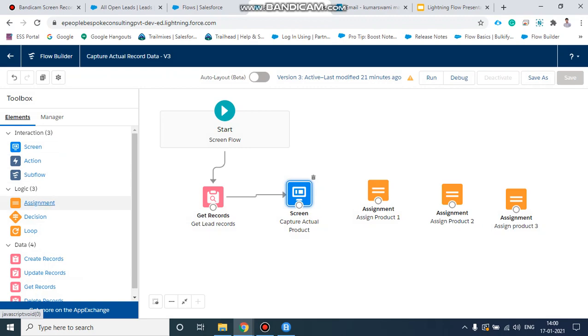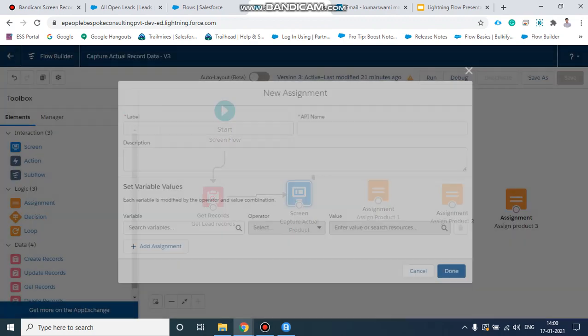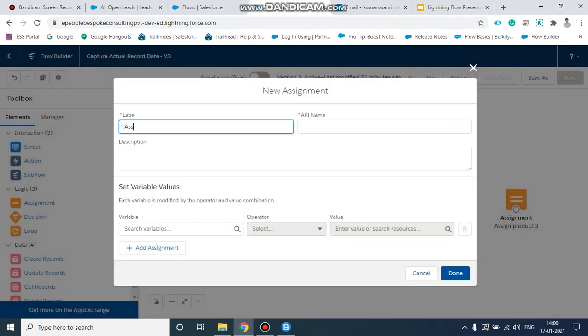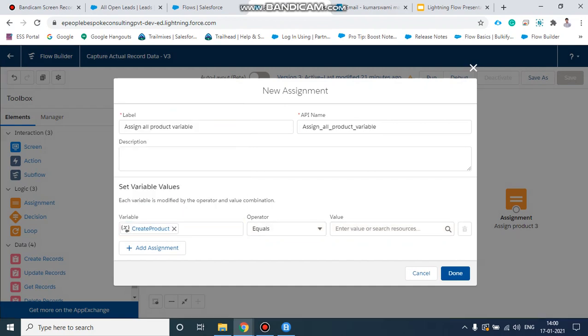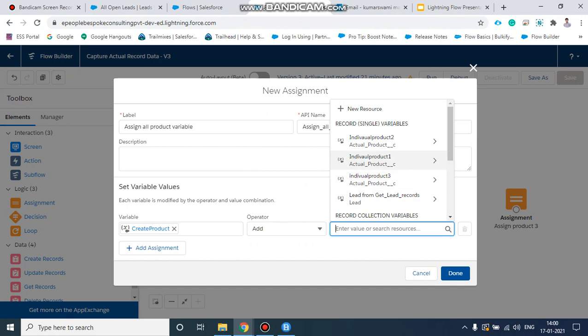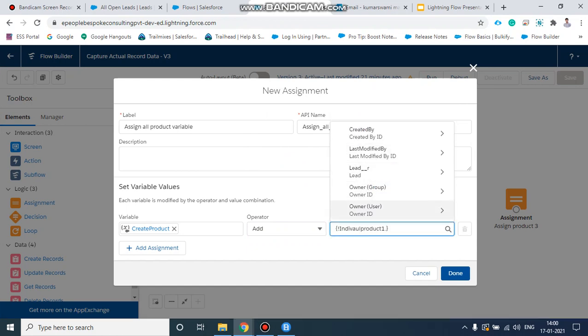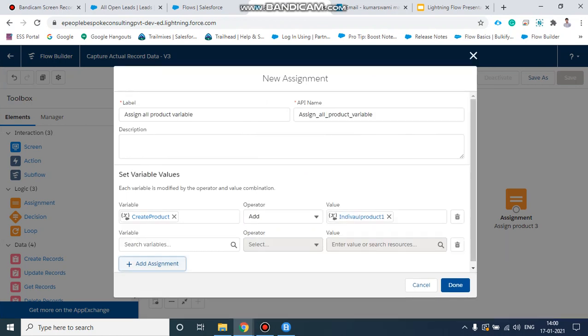Now next we need to take another assignment, assign all product variables. We will take create product, add individual one record.